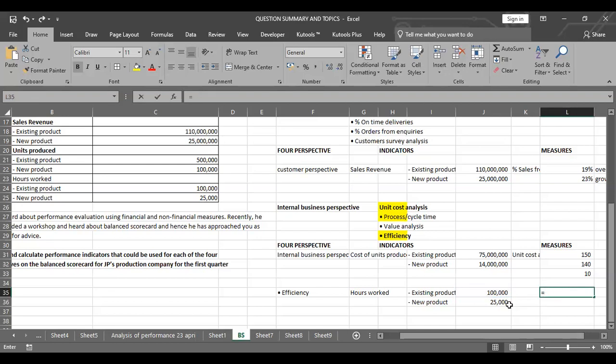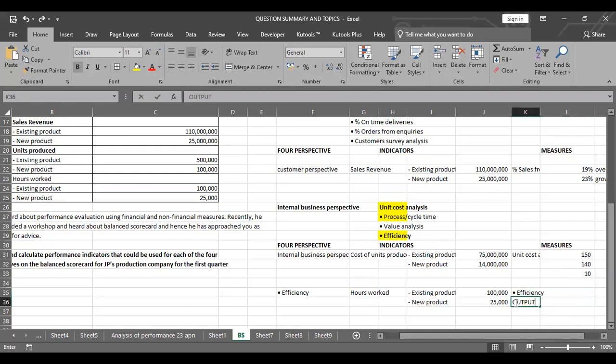So let's get the number of hours spent on a unit, or maybe how many units are produced. Let's use productivity. We could do either way. Either talk about the hours, because hours is also a resource, or talk about the output. The output is the number of units. So you could check this in two perspectives. The perspective we are checking here is about efficiency. You could check on output basis.